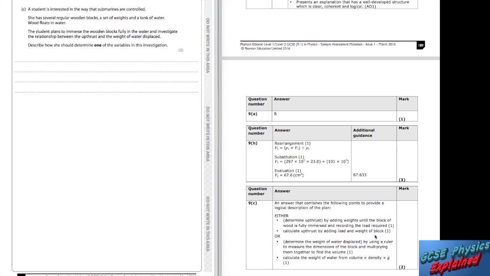The other way of doing it, if you wanted to investigate the weight of water that's displaced, use a ruler to measure the dimensions of the block and multiply them together to find the volume of the block. And the volume of the wooden block will be the volume of the water that gets displaced. So calculate the weight of the water using volume times by density times by gravity. If you don't know where that comes from,